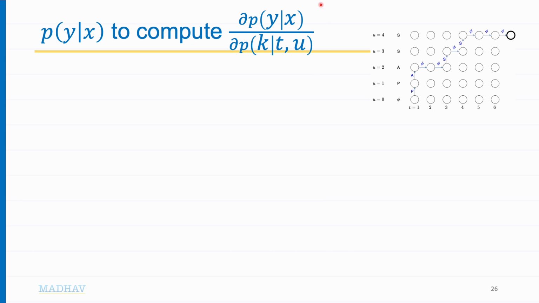So what I'm trying to say is that the probability of all valid paths through the node (t,u) is given by alpha(t,u) into beta(t,u),